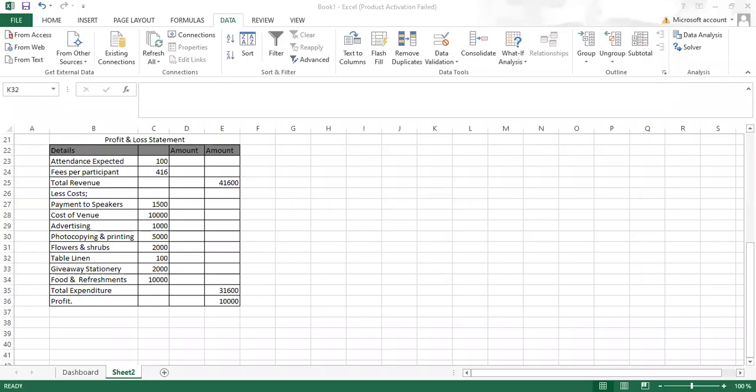Okay, now we go to the next question. The next question, what is it saying? Question C, using the two variable data table, show the matrix for the profit for a range of participants between